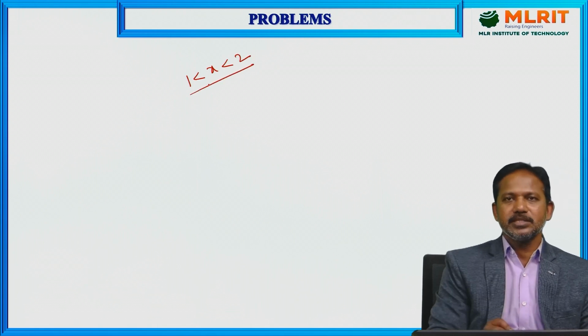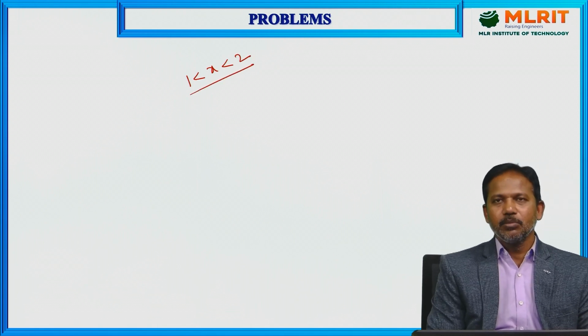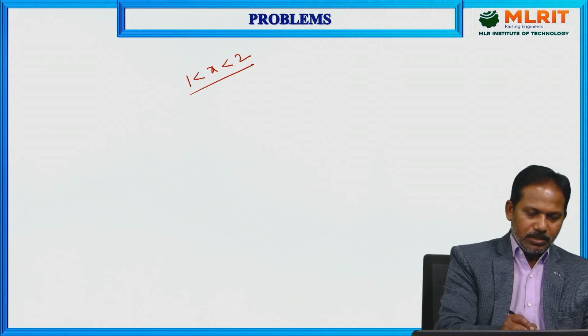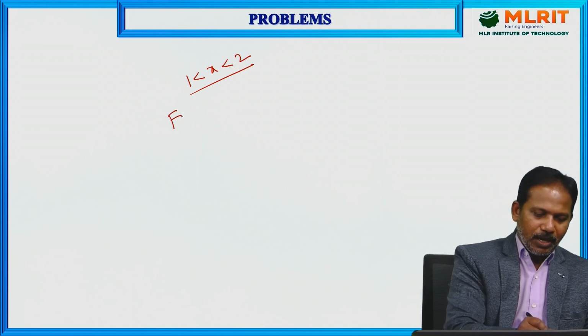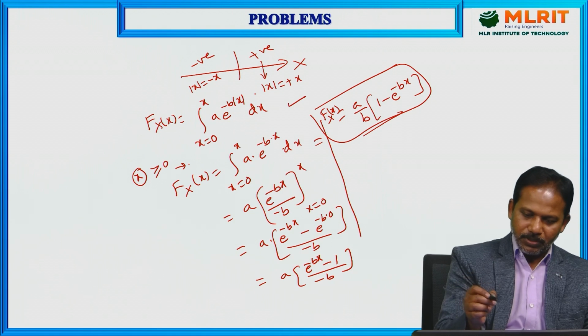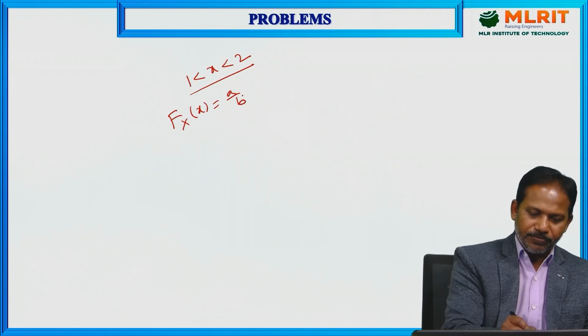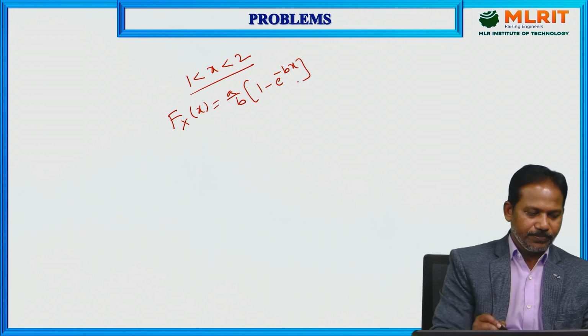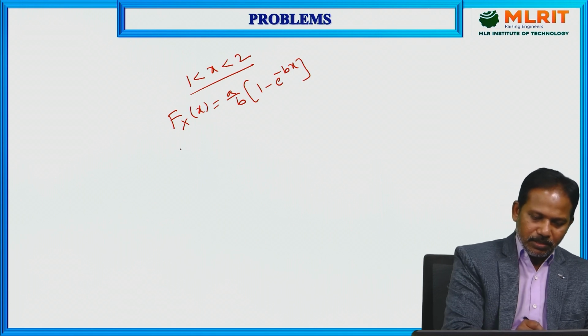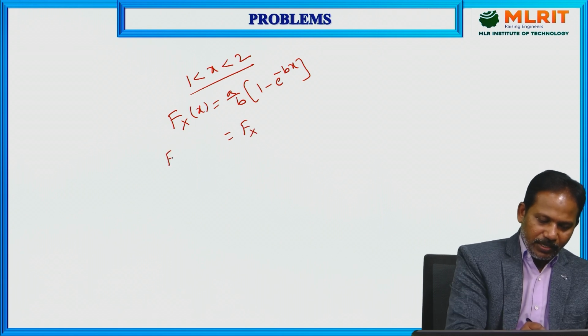In that case you need to find the probability of that function. See here, I know capital Fx of x is equal to a by b into 1 minus e power minus b into x only. In that case, you need to find P of